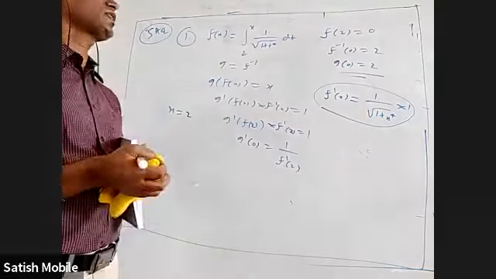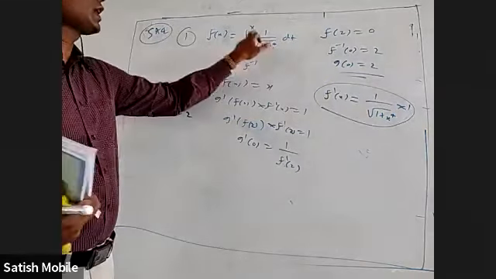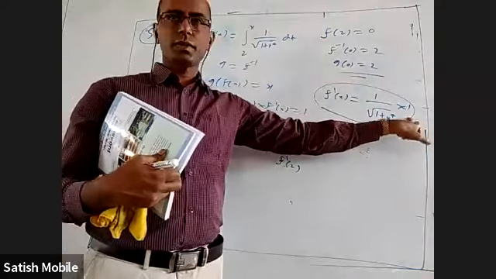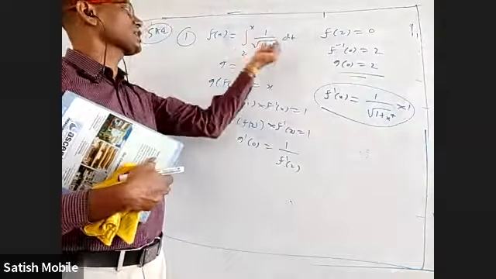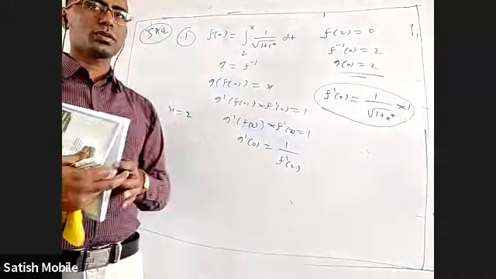How to differentiate a definite integral: simply remove t and write the upper limit into the derivative of the upper limit, minus, substitute the lower limit into the derivative of the lower limit. But when it is constant, its derivative will be 0. So constant, you don't have to worry.